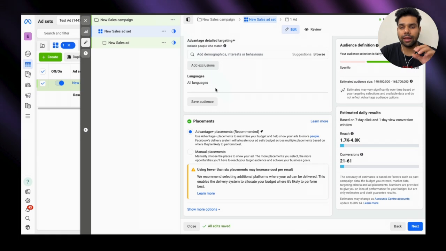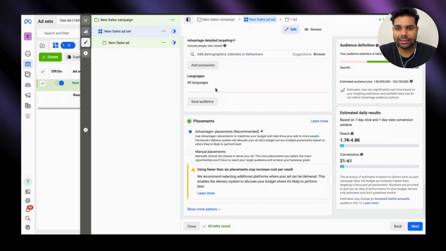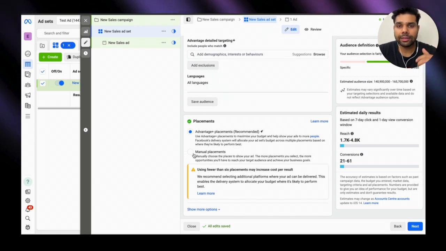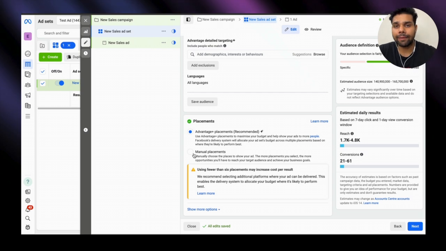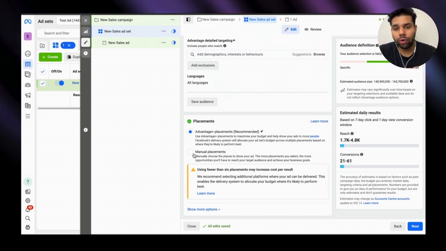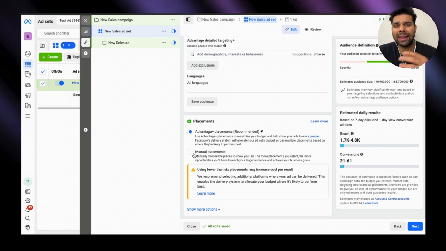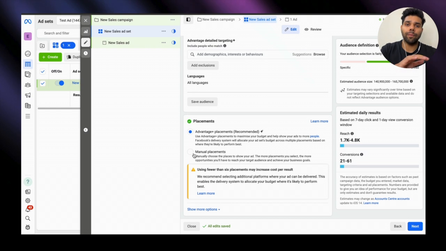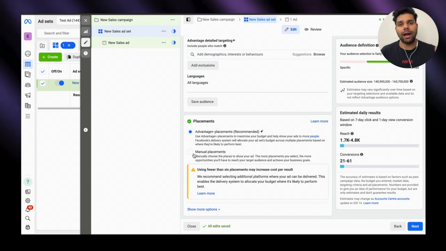Now you are on my computer screen. If you go to your campaign level and then to ad set level, at the bottom of the ad set level you will see these two options: Advantage Plus placements, as Facebook recommends, and manual placements. There are things that you need to keep in mind. If you are using any conversion based campaigns like sales or leads, you need to use Advantage Plus placements. If you are running brand awareness, traffic, landing page views campaigns, then you can use manual placements. So make it clear, if you are running a sales campaign or leads campaign, always use Advantage Plus placements,